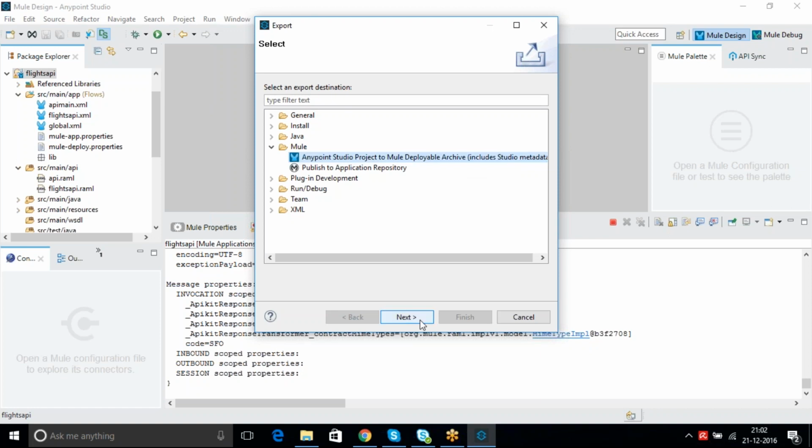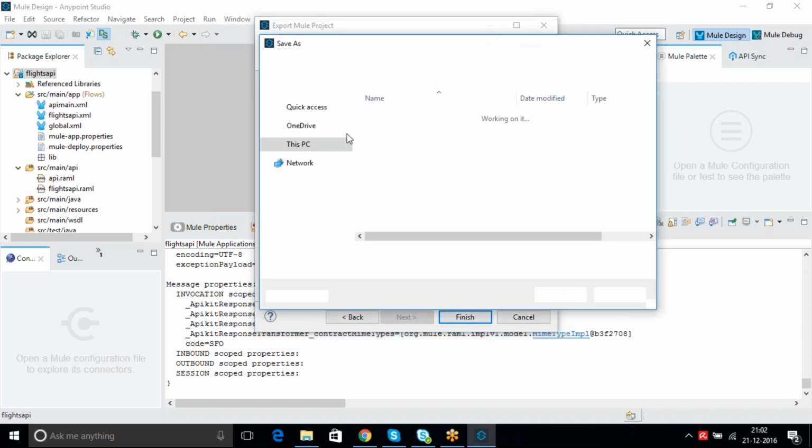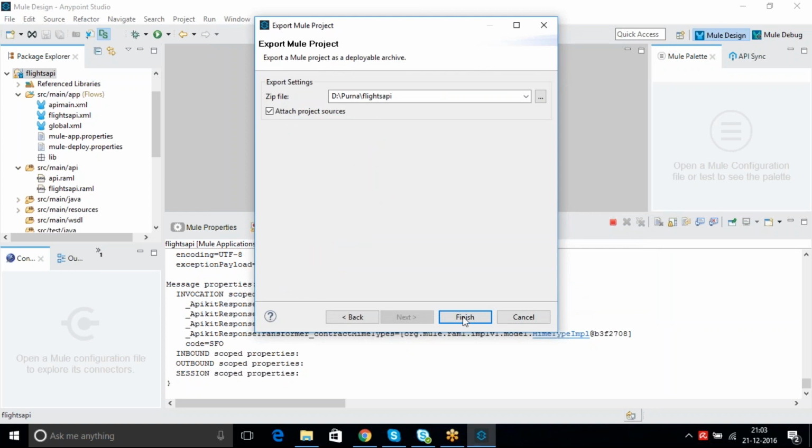Select this one, click next, and go to some place. Let's keep it here in my folder. Now give it a name, Flights API, and save it.